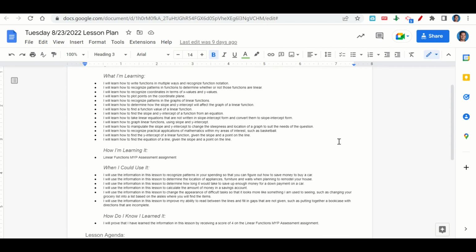When can we use this information? To recognize patterns in your spending so that you can figure out how to save enough money to buy a car, to determine the location of appliances, furniture, and walls when planning to remodel your house, to determine how long it would take to save up enough money for a down payment on a car, to calculate the amount of